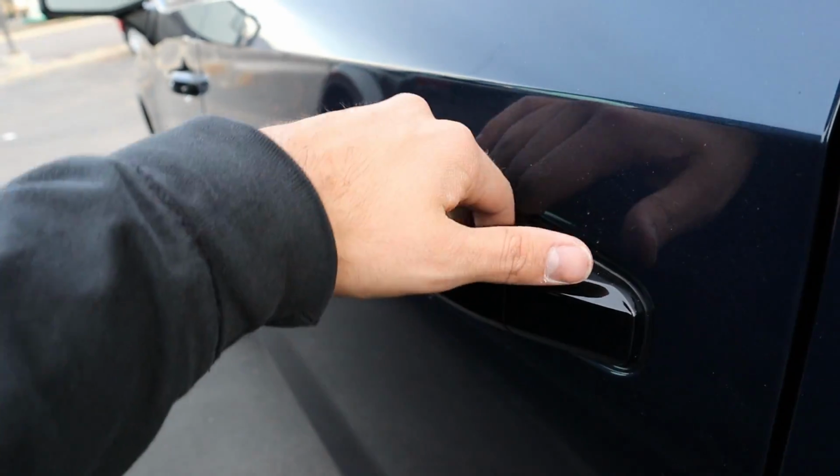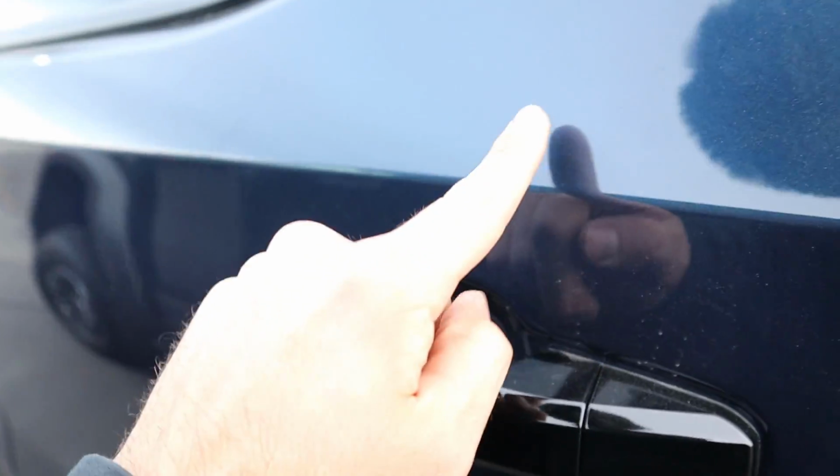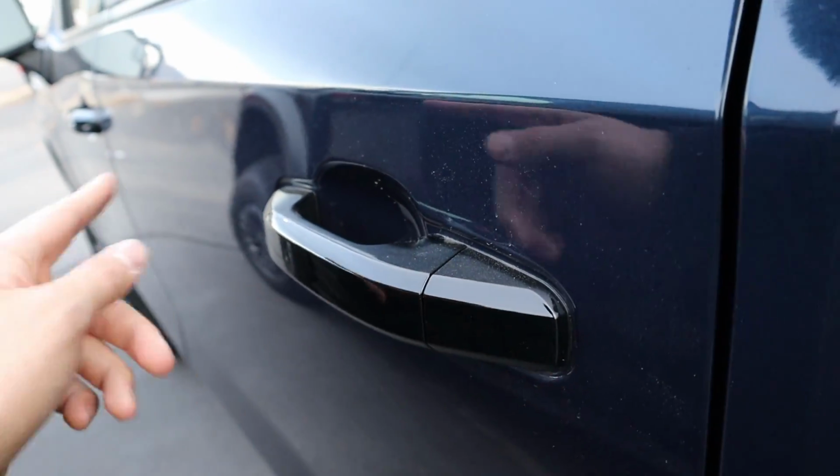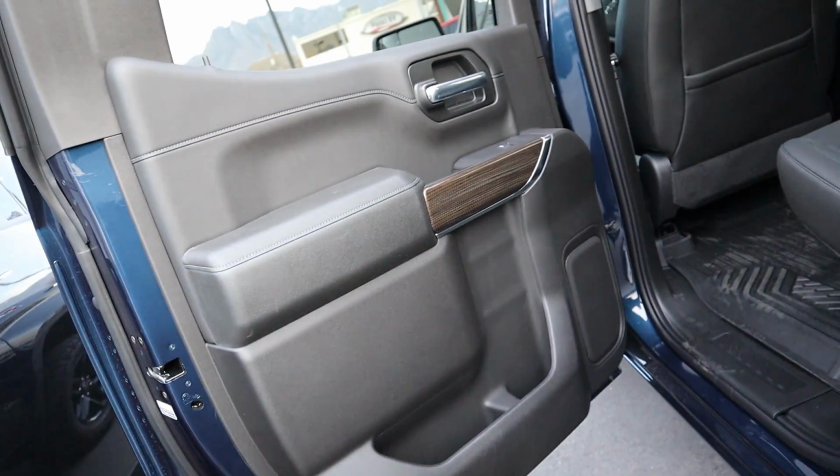So this is where I normally just pull the door handle and then the door opens and everything, but look at the door handle. It's black, not body painted. I think that's a cool touch. It looks really good. Anyways, opening up this fully, you can see that you've got the door panel here in